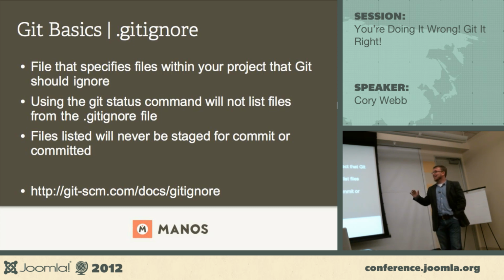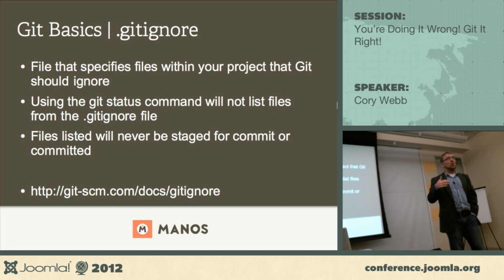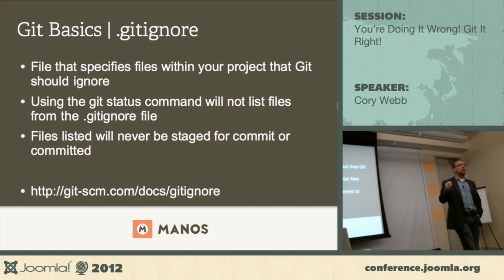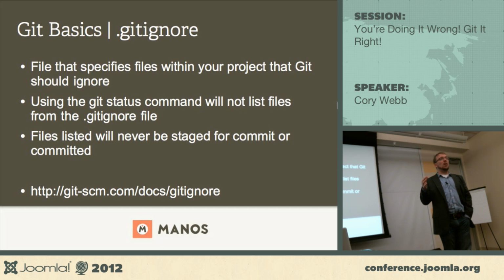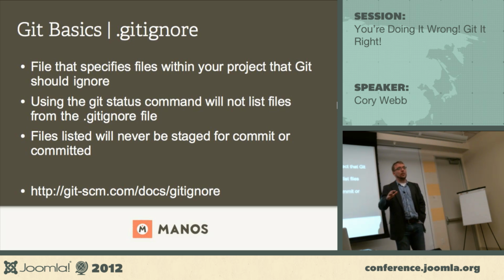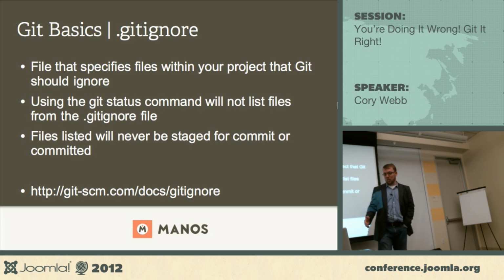Sorry. So what you do is you list off all the files that you want Git to ignore, okay? So you don't ever want to track the changes to these folders. For instance, one example within a Joomla project is you want to ignore maybe your images folder, because as people are uploading all these images, you might not necessarily want to track all that, because pretty soon your repository is going to get huge and unwieldy. I'm not saying don't track them. I'm just saying that's an example of something you might want to not track.